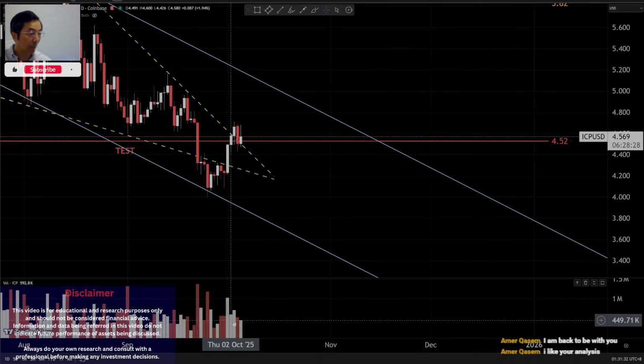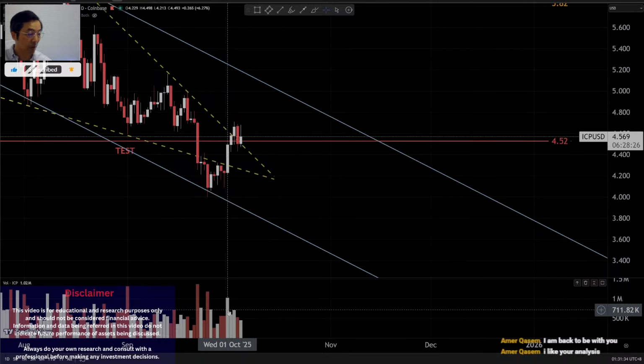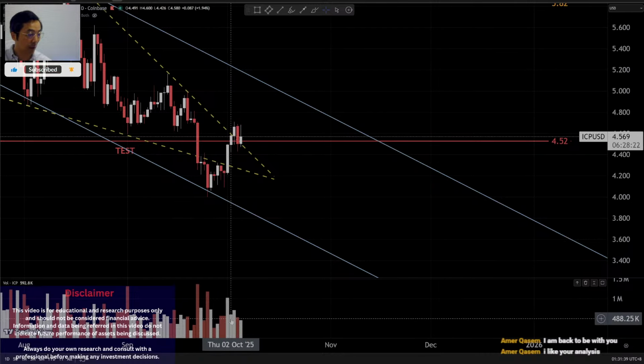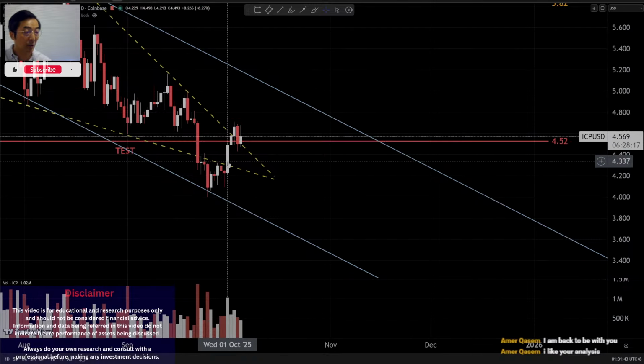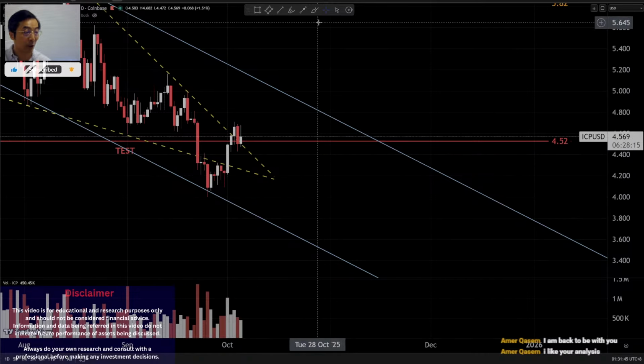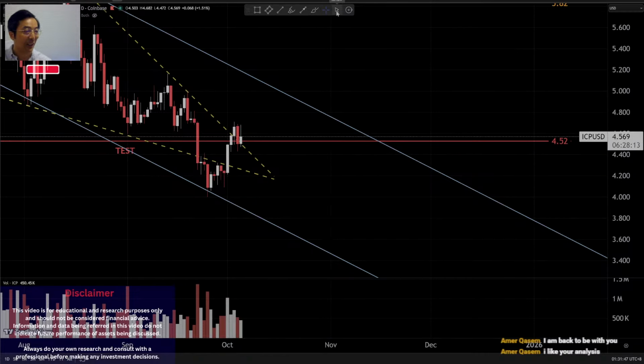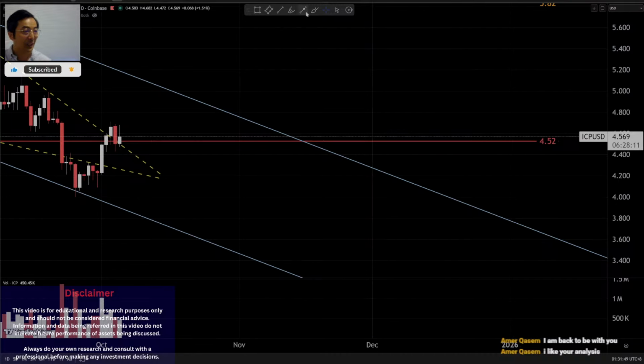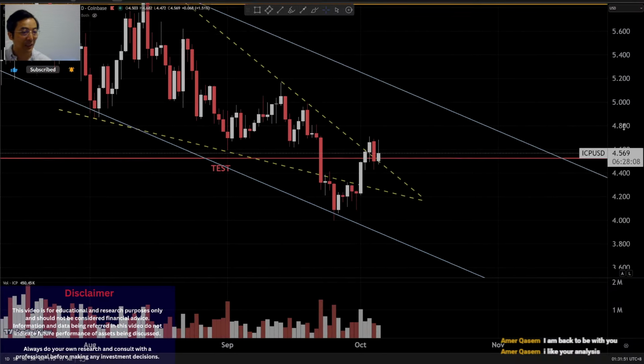For the volume, the one on October 1st, just past Wednesday, was pretty encouraging. For October 2nd, even though the candlestick isn't as encouraging as the one on the first. The thing here is, don't